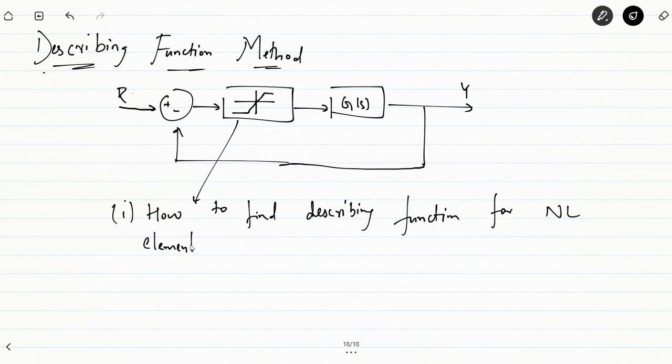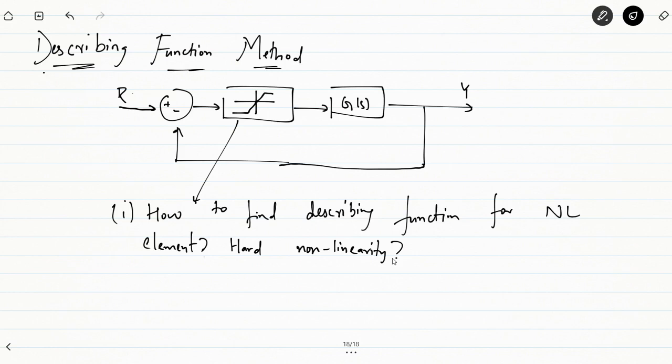So this nonlinear element as present here, how do we find its behavior, particularly if this is a hard nonlinearity? We have discussed soft nonlinearities and hard nonlinearities. If it's a hard nonlinear system, that means we cannot linearize it. That makes it even more complicated. A soft nonlinear system has the property to be linearized, so we could have simply linearized the model and analyzed the behavior of this